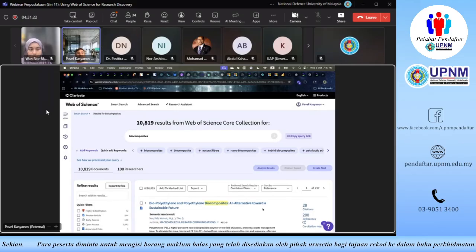Now you might have slightly fewer results in your access to Web of Science, because I, as an internal Clarivate employee, have access to the full depth of the back file of the Web of Science Core Collection, meaning I also have access to documents from 1900, 1910, so really old documents.